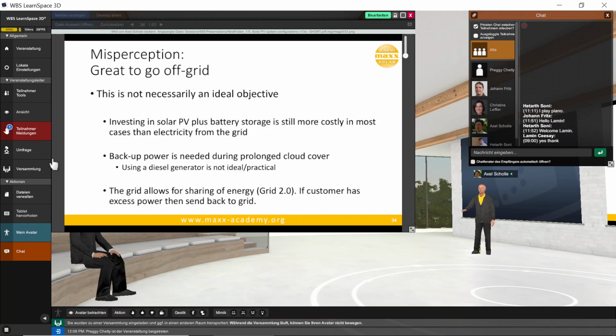So what are you going to do? If you cut off from the grid, then you have to run a diesel generator, because a wind generator is not really an option, not for a residence, not even for a commercial site. It's noisy, you might not have enough of it at the same time. So one really has to think about whether that